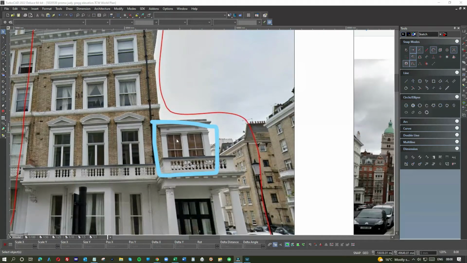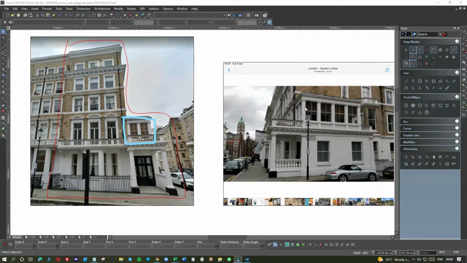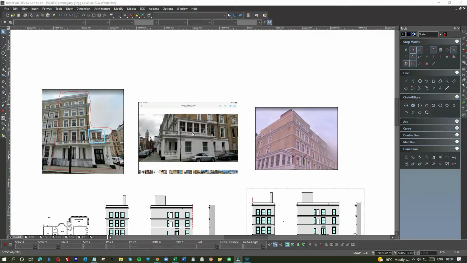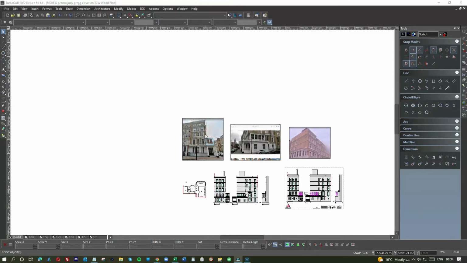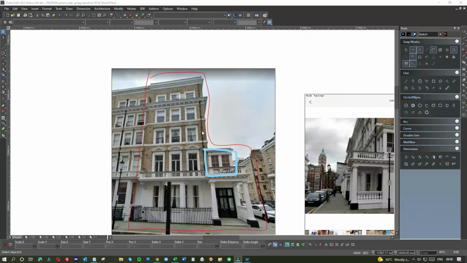So the client wished to change these 2 windows. On that particular side they wished to change this 1, 2, 3, 4. It was 7 windows, 1, 2, 3, 4, 5, 6, and then there's a little window around the corner here again. So in order to do that, the planners insist, this is Kensington and Chelsea, they insist on elevation plans